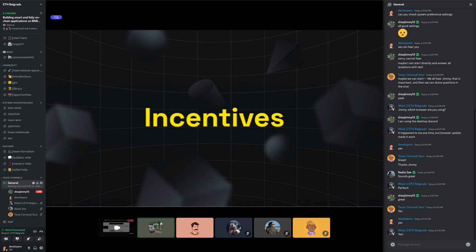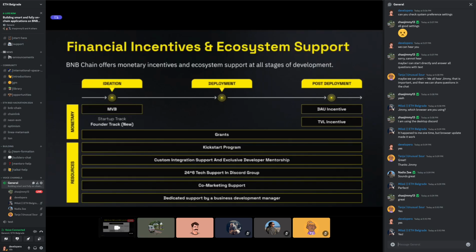Now I'm going to introduce some of the incentives, including the financial incentives and non-financial incentives for the DApp developers. First is the financial incentives and ecosystem support. We do have the MVP, which is the Most Valuable Builder program, and also the DAU incentives and the TVL incentives.